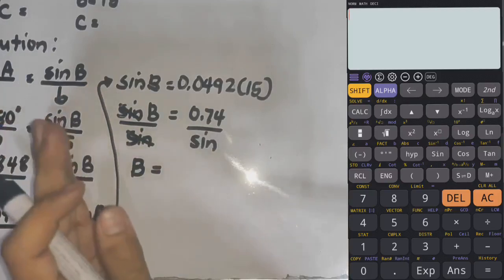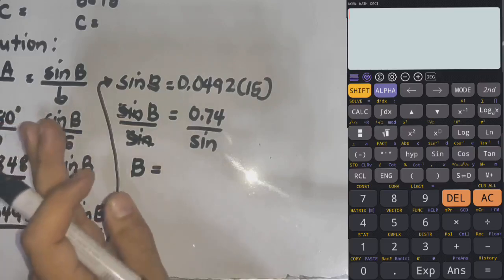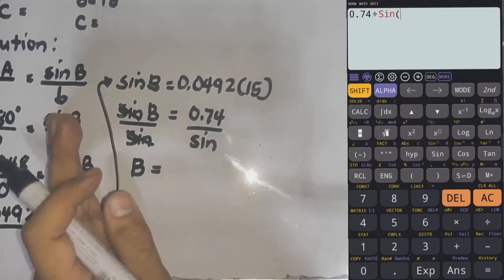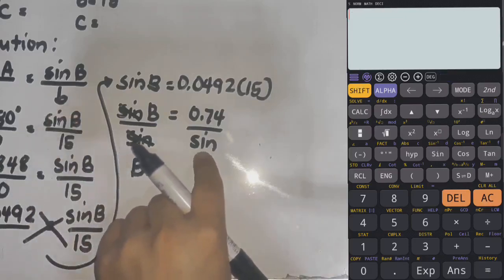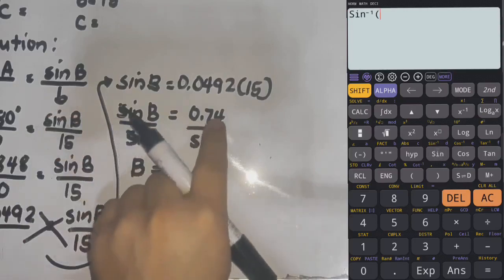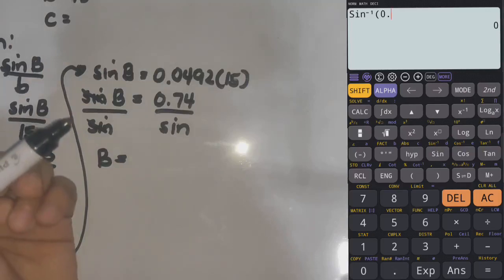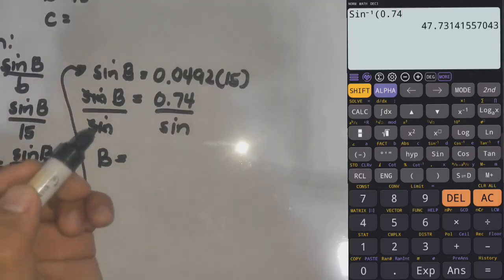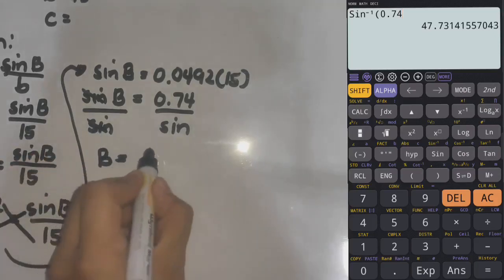So, kapag pinress natin yan sa calculator, syntax error. So, ang gagawin natin, ipipress nyo muna yung shift. Okay? Press shift. Then, yung sine. Kasi yung nasa denominator. Then, press 0.74. So, dapat yung exponent ng sine ay negative 1 kapag na-press nyo na yung shift. Then, followed by 0.74. The answer will be B is equal to